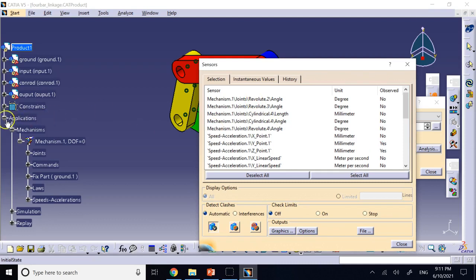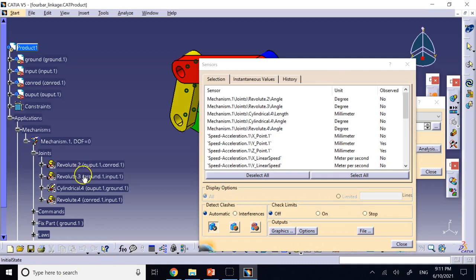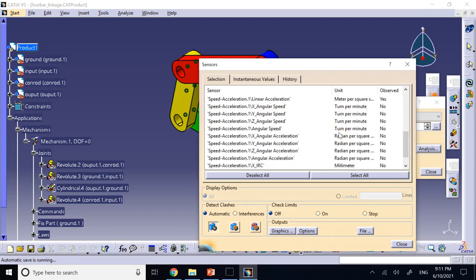Now, if you don't know what revolute 2 is, you have to go here under joints and see what revolute 2 is, what is revolute 3. So 2 is between output and conrod. What I need is between ground and input, which is revolute 3 angle, that's good. And then between output and ground, maybe cylindrical 4 angle. So this one and this one, these are good. Now if you want it between the revolute 2, you can also look at that. So whatever you want,